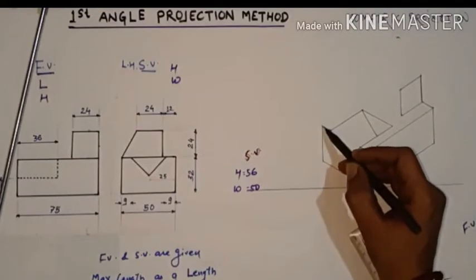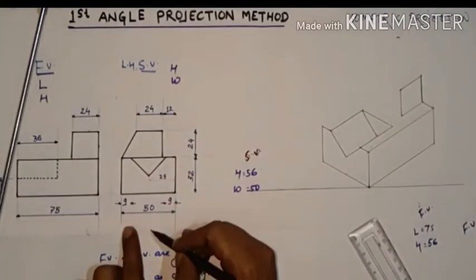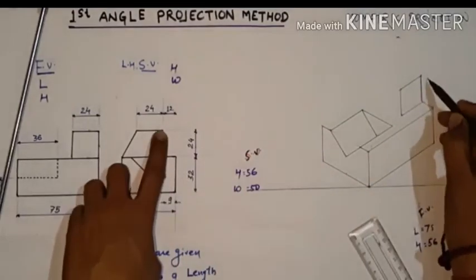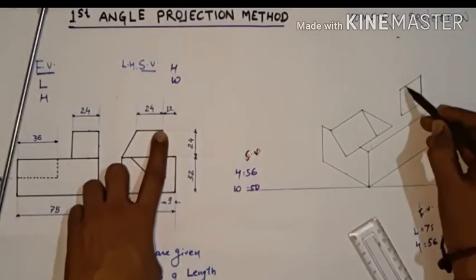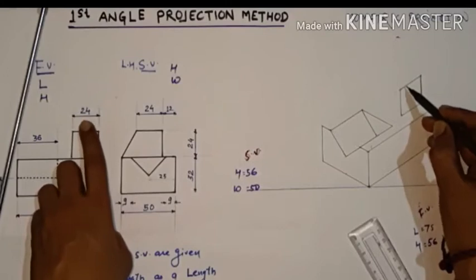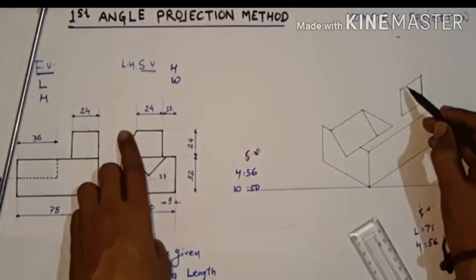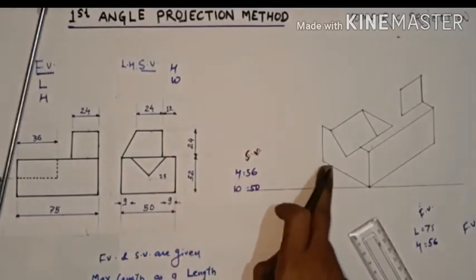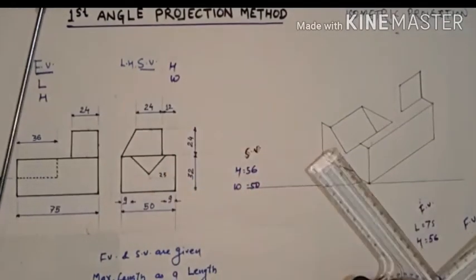Okay, now complete this side view again. Now when we see the side view, what do we see? So already we drew just the height, but this is your front view side, not the side view side. So again we need to draw a 24 mm line which is parallel to 50 mm. So what is the 50 mm? This line is 50 mm. So putting the MD parallel to it,